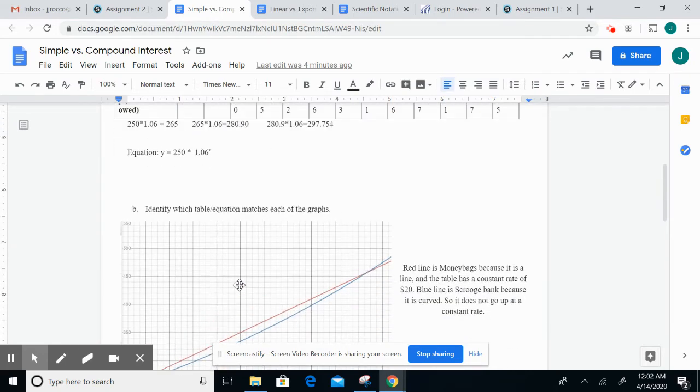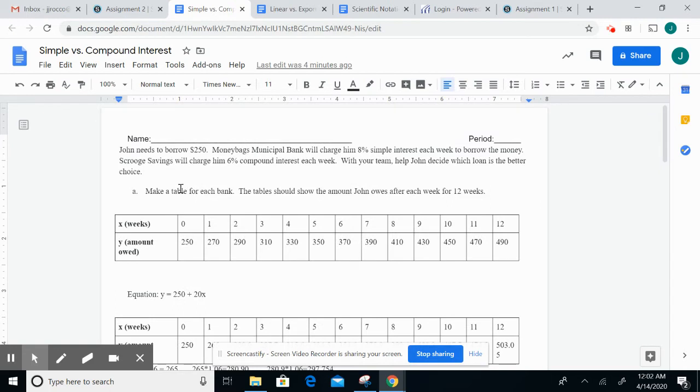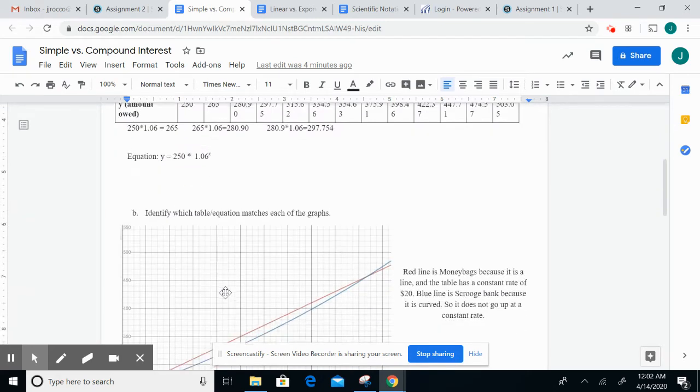The red line, the straight line, matches up with this because it has a constant rate. And you can see that in the table because every time we jump, we go up 20. That's that consistent rate. There's no exponent or anything in the equation. You can see that it's just bouncing up 20 every week. So every week, whatever week it is, there's $20 each of those weeks added to the 250, and it causes